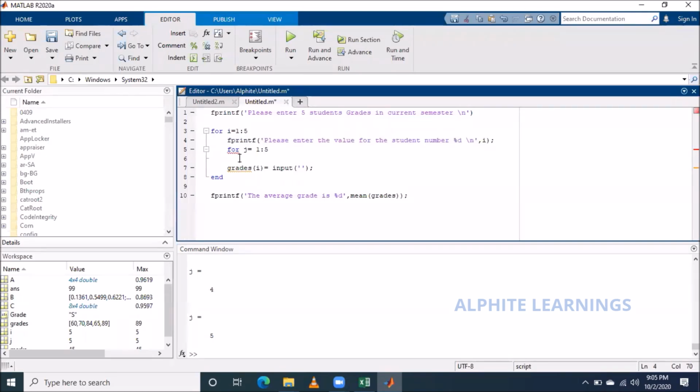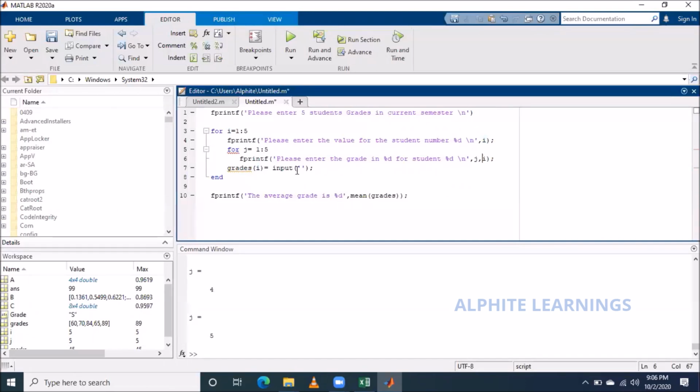I'll just use Control C, Control V. Please enter the grade percentage, grade in percentage D for student percentage D. The first percentage is for J and the second is for I, right?